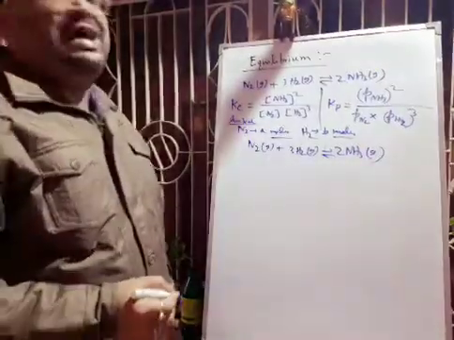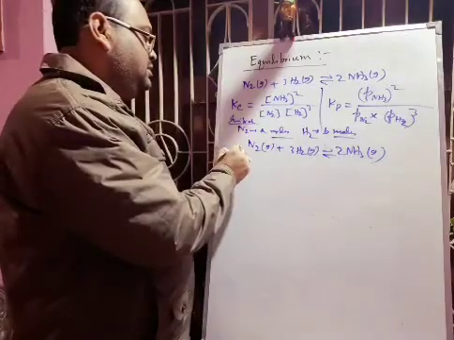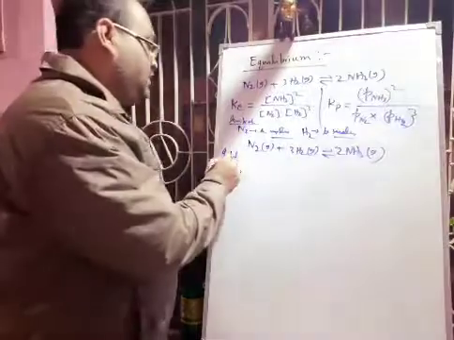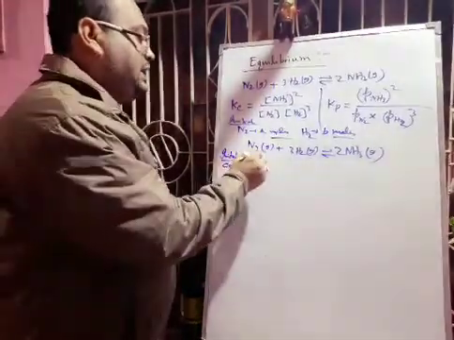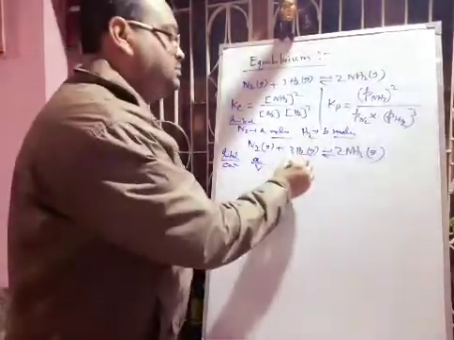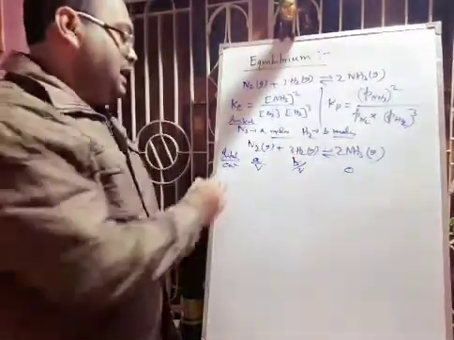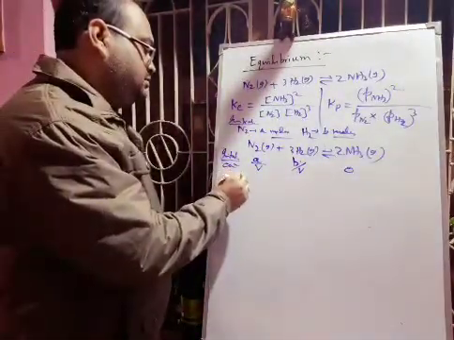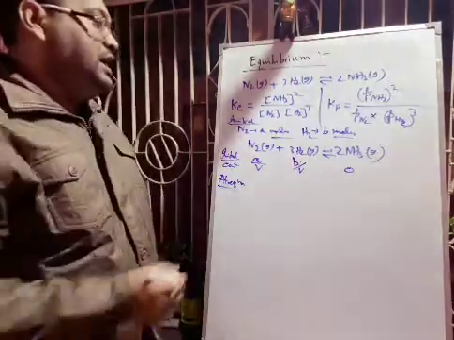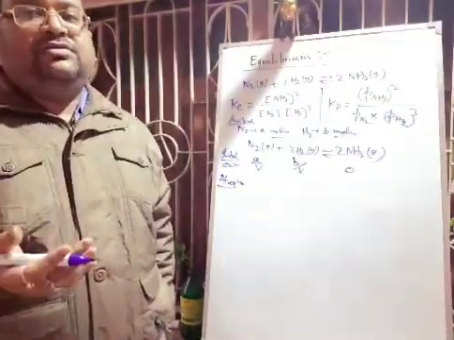Okay. Now here the initial concentration will be what? Here it is A by V, and here we have taken B by V, and for ammonia this one will be 0. At equilibrium what will happen? At equilibrium, let us say that X mole react.